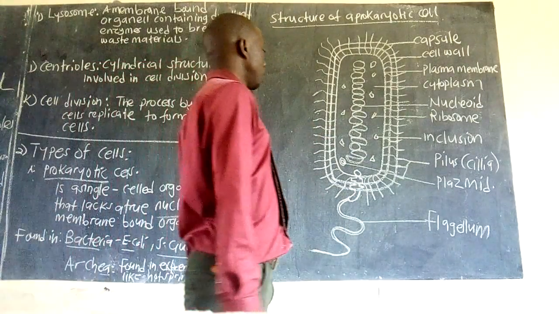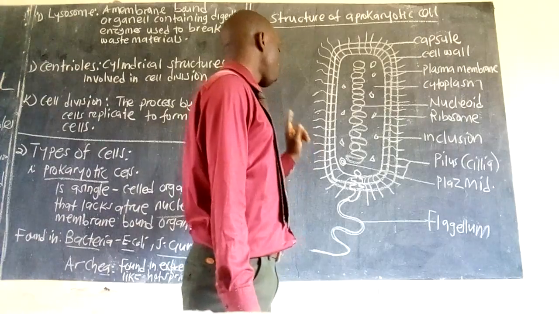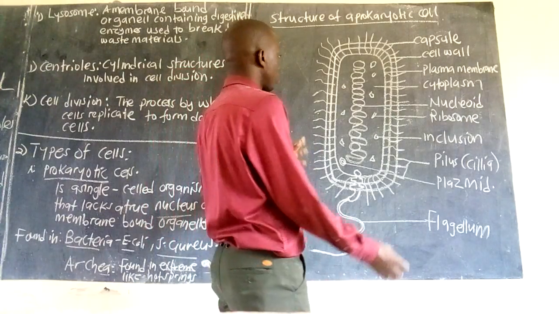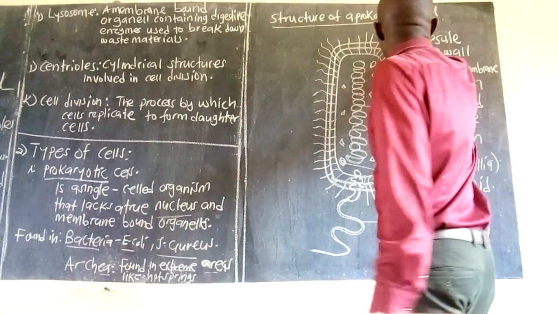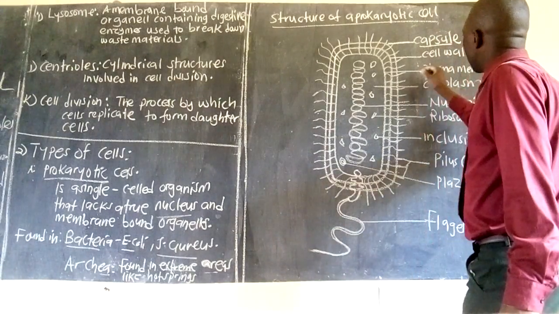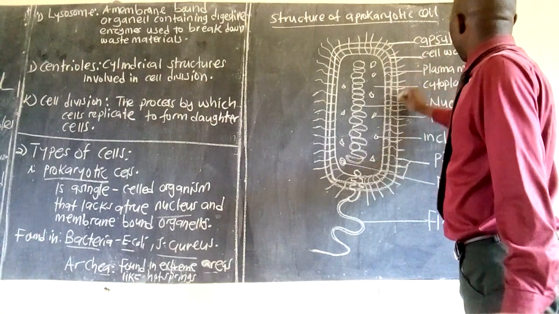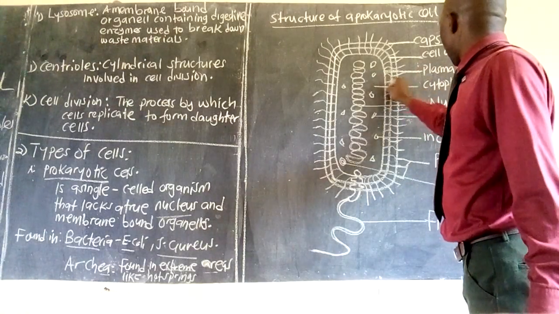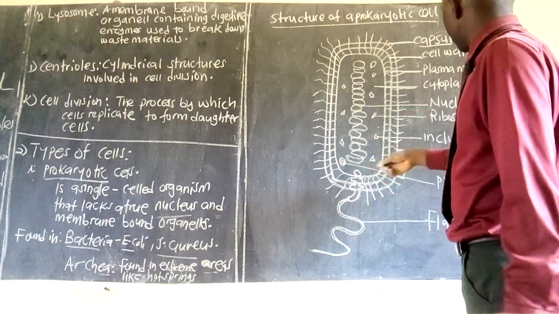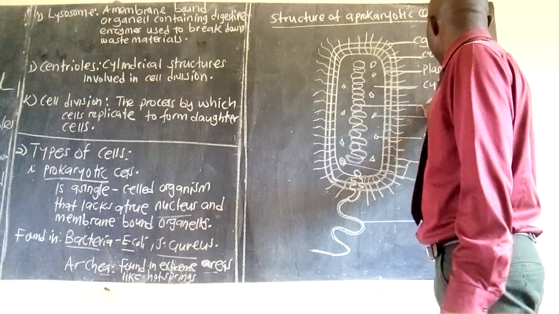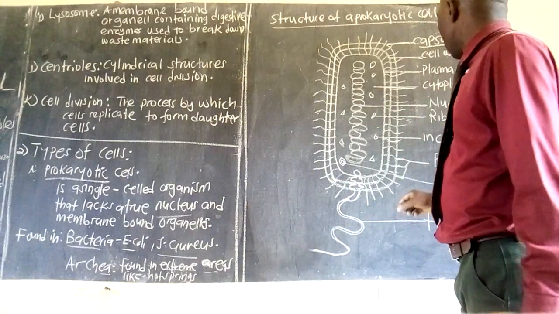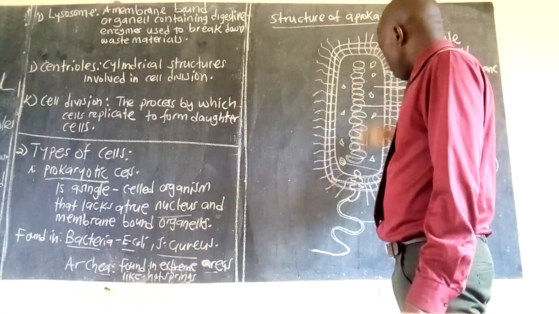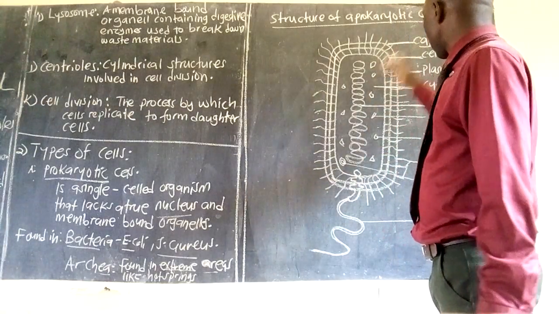Unlike the eukaryotic cell, this prokaryotic cell has three layers: the outside capsule, the cell wall, the plasma membrane, and the cytoplasm. It has the nucleoid,